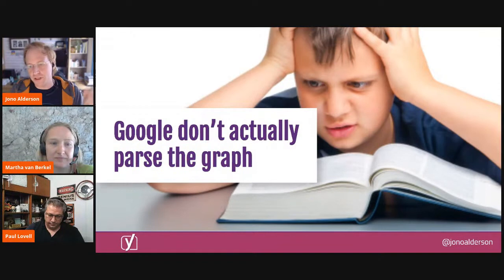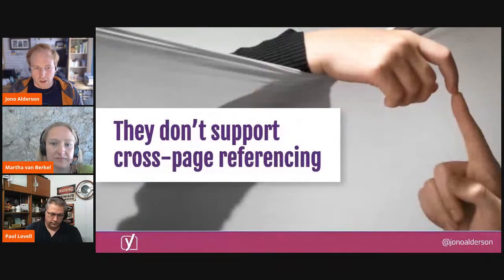And again, these are arbitrary decisions by teams, and they're shaping the very nature of the web in ways we ought to be aware of and consider, because it has profound implications on us as a society and an economy and beyond. One of the other challenges when we're stuck within a Google-specific world is that they don't support cross-page